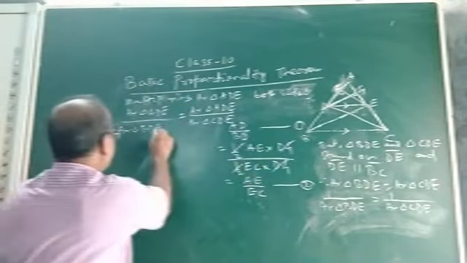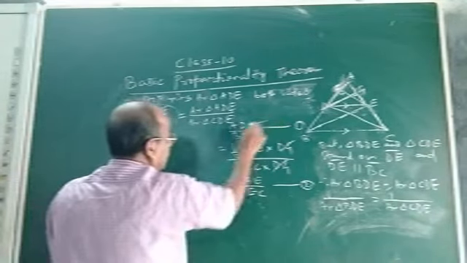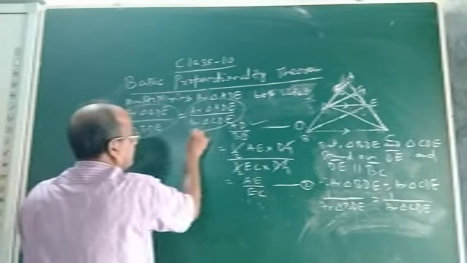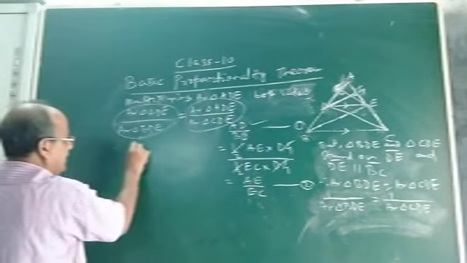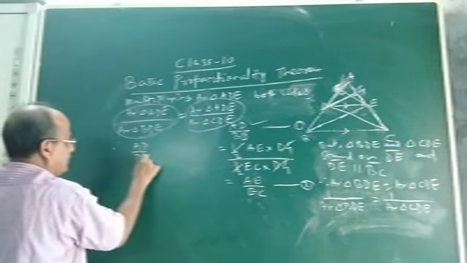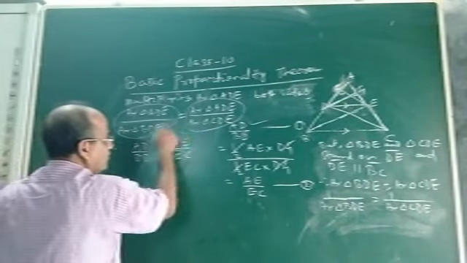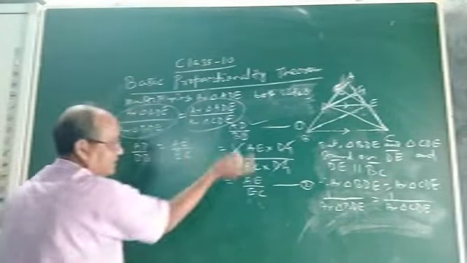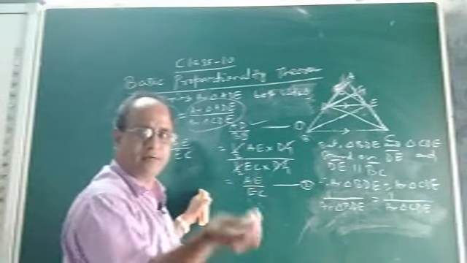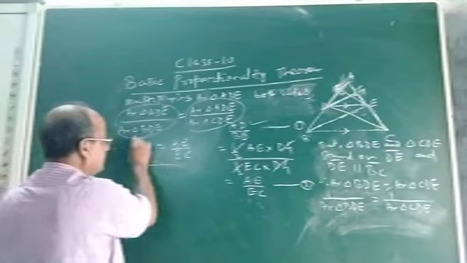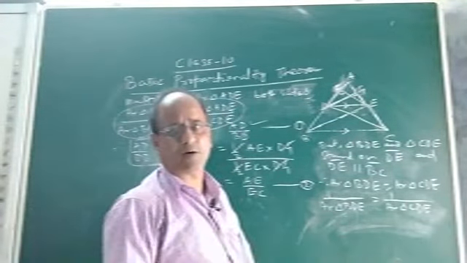That means what is the value of this one, area of triangle ADE by BDE? This is the value. And what is the value of this one, area triangle ADE by area triangle CDE? Therefore AD by DB equals AE by EC. You will get this from equations 1 and 2. As the left hand side became same, the right hand side will also be same. So this proves the basic proportionality theorem or Thales theorem.